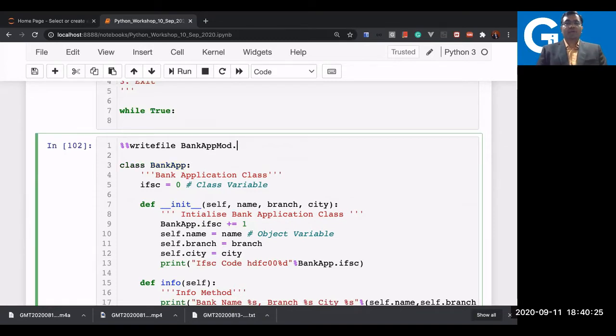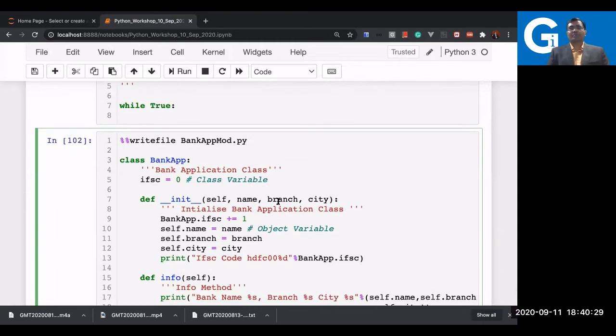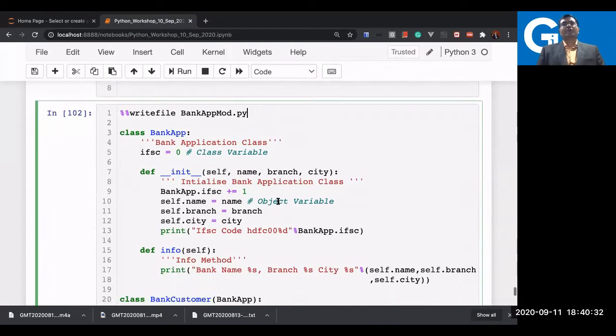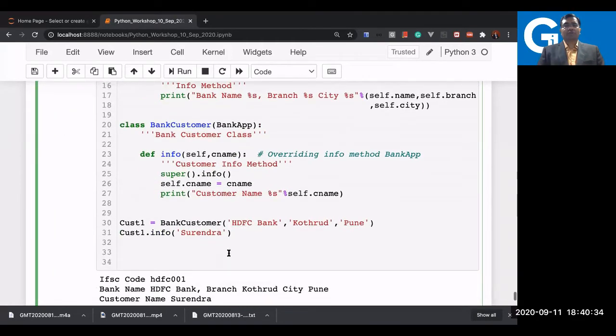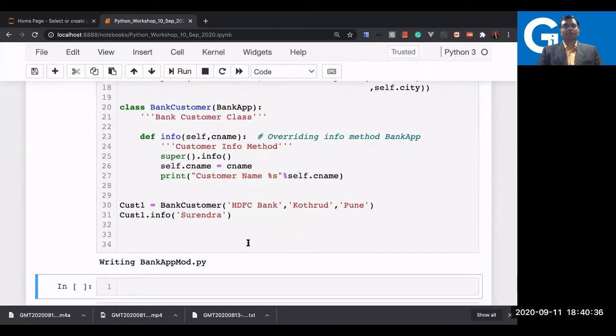So I can write whatever name I want right now. So I'm just saying bank app mod.py now. So this mod.py will become the module, and we are going to now just save this. So this is like writing the bank module.